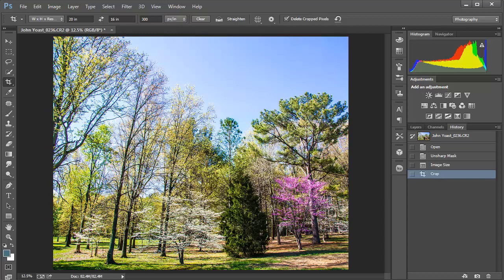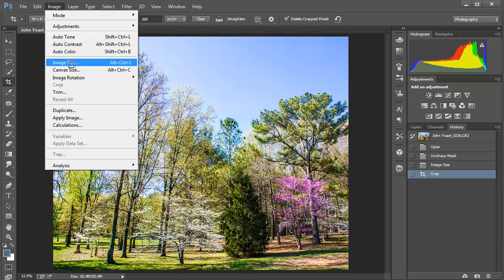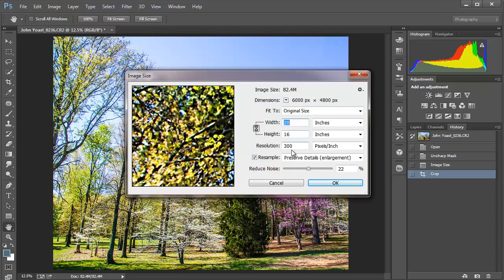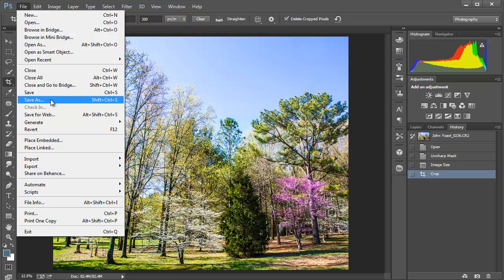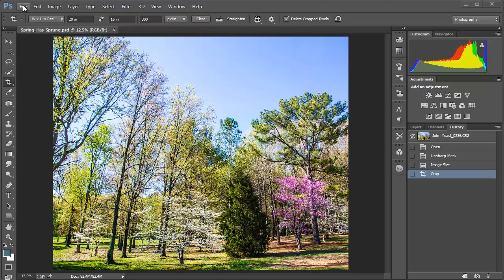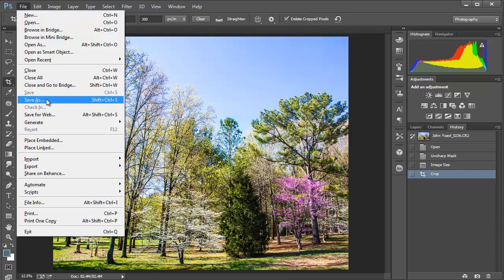So now, if we go to have this printed, we've got our image cropped the way we want it. We can go back up to image size, make sure everything's good here. It's exactly where we wanted it to be. So I'm going to cancel that. Now we've got to go to File, Save As. We don't want to do Save because then it writes over the top of our original file, and we do not want that. We may want to change this later on and crop from a different direction. So we're going to go right up here and File, Save As,